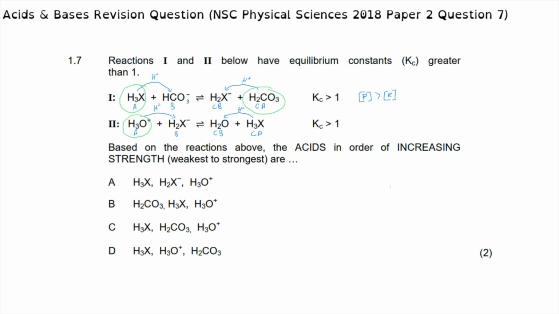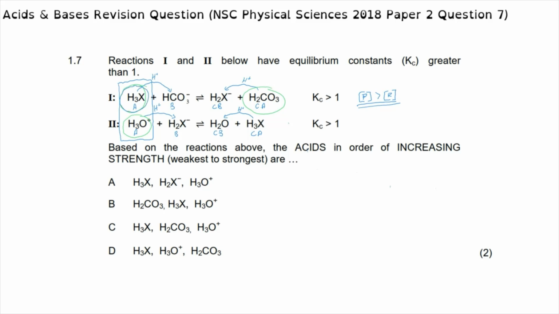where the acids in the forward reactions are generally considered to be stronger than the reversible reactions because we've been told that our Kc value is greater than 1, which says that these acids tend to ionize completely, which would tell us then that the strongest acid is either going to be H3X or H2CO3. And the way that we decide which one of those is stronger is by realizing that H3X is